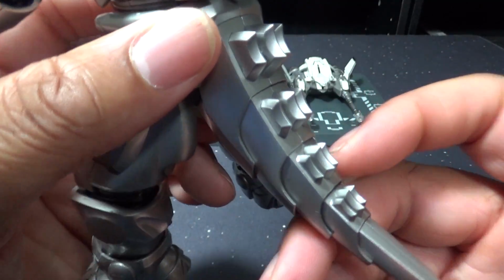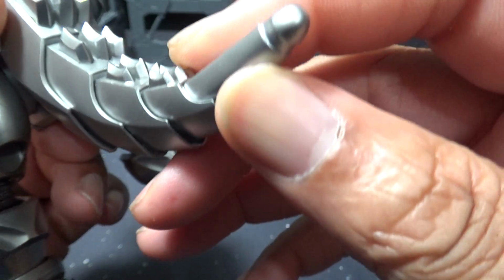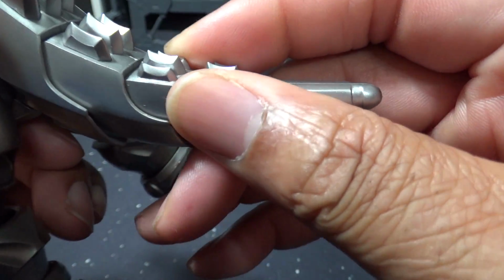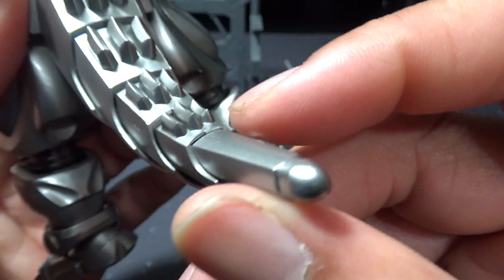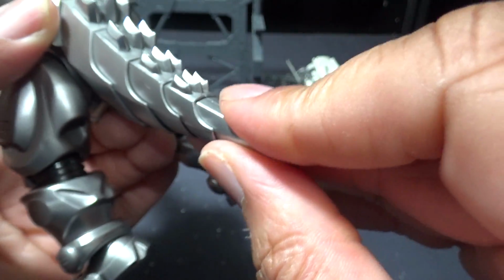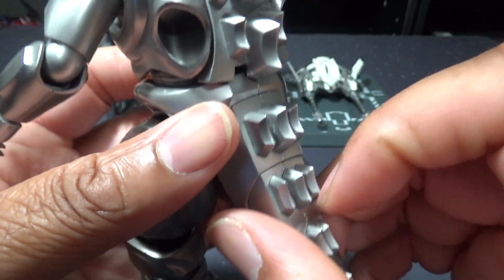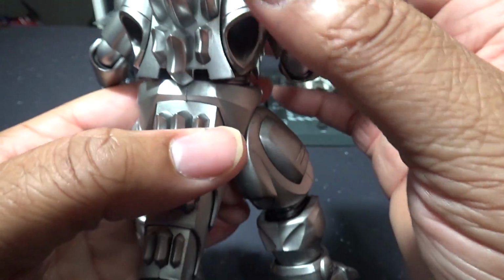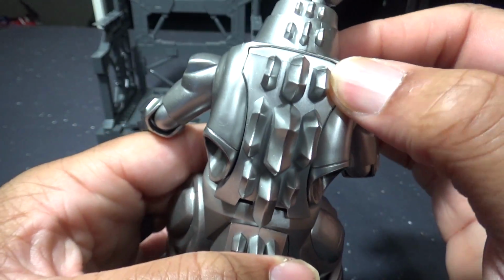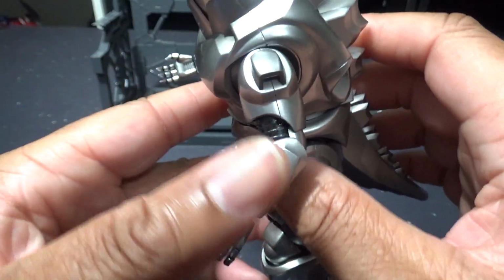Alright, so let's go ahead and take a look at the tail. The tail is fairly disappointing too. There's really just a small bend and a couple of joints here. It can't really bend side to side by much of anything. And it's mainly meant to bend like this just for the other gimmick that I'll show in just a minute here. But you can still see it's got some nice detailing. Some aggressive panel lining, but there's a reason for that as well. Alright, so now